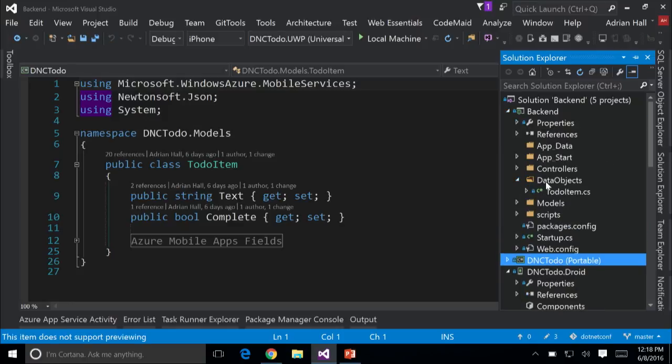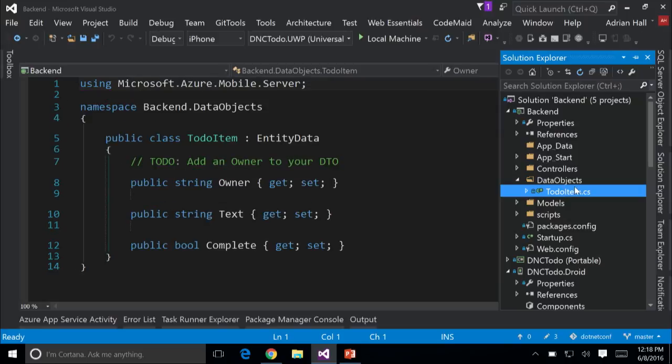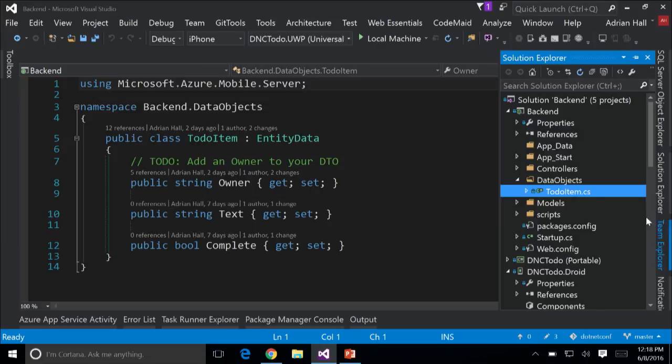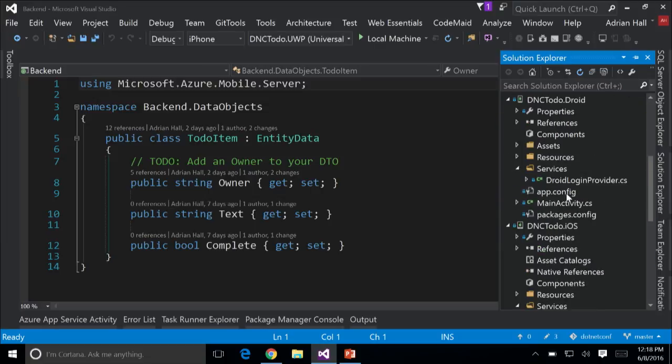So here is my data object. Now, a DTO, or data transfer object, is your model with some extra fields, and those fields are in this entity data class on the back end. On the front end, you're going to have to create them yourself. So just to show you how to do that,